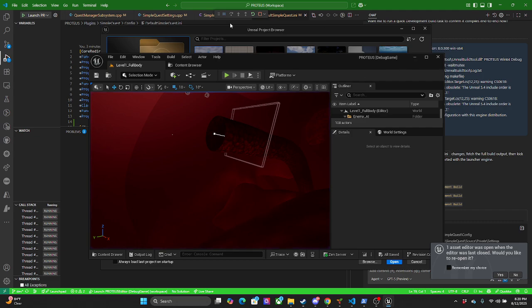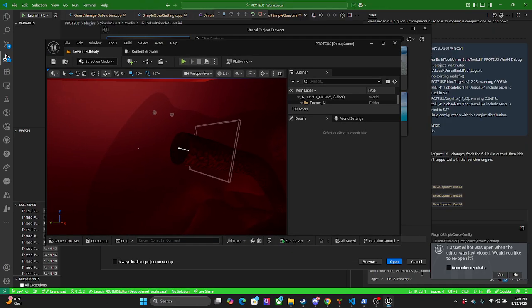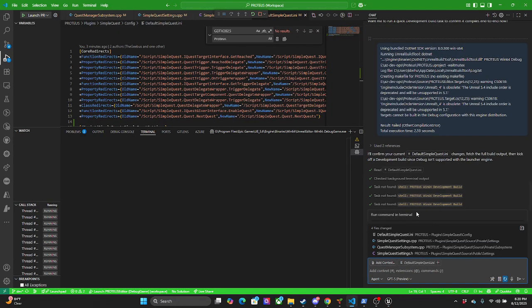All right, good. That's what we're looking for. So we're going to keep this open so we can do blueprint stuff while it's doing code.